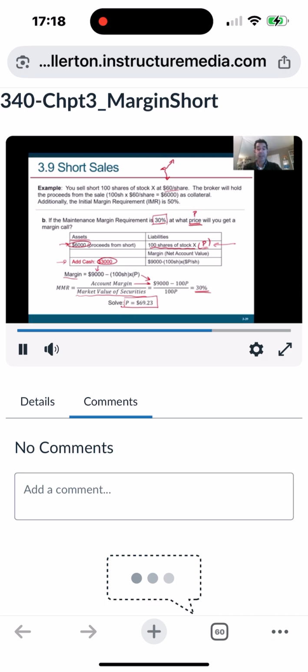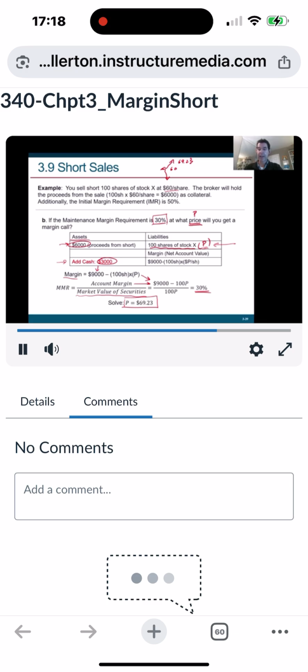Okay, let's see if that makes sense. Is that above the initial price of 60? Yes, it is. So that means the price was going up. When I'm short, I want the price to go down. It was going up. I was losing money. That's why I got the margin call. That's my margin percent went down to 30%.